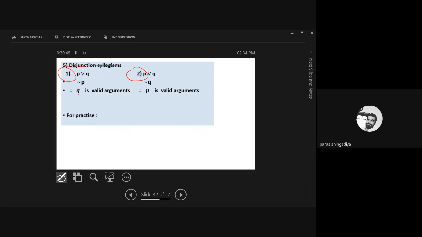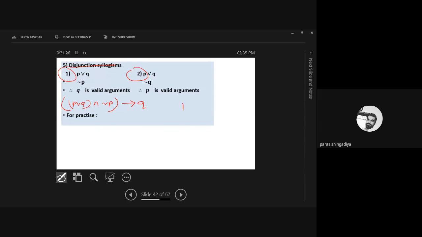In this one, we have three arguments: P or Q, negation P, and therefore Q. Clear? So what is the formation in the formula? P or Q, that is A1 and A2, in brackets, conditionally to A3, meaning Q. This formula is important, and after that it is very easy to define the table. This is important here, how we can define the formula, because this is what you have to prepare in the table. So that you will get a tautology answer.